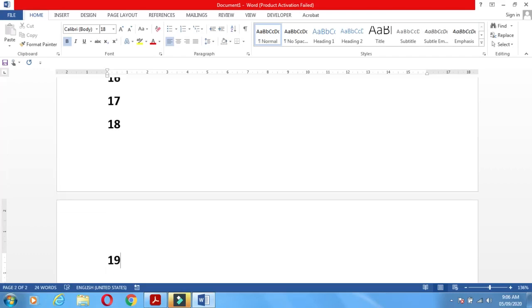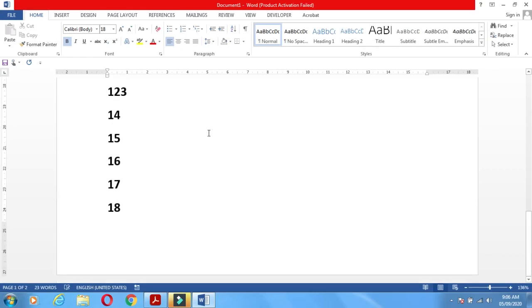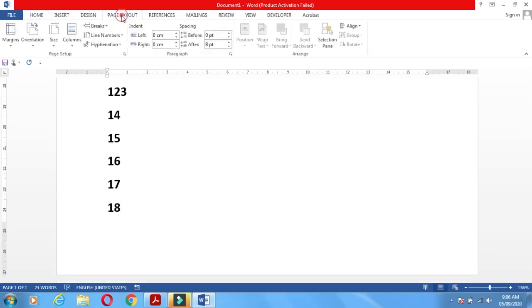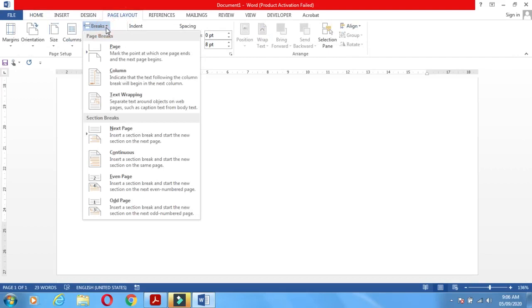Now what happens, when we press enter on the last line, we move to the next page, and we have to apply a different setting on page first and a different setting on page second. So what we do, we go to the page layout and click on the page break.